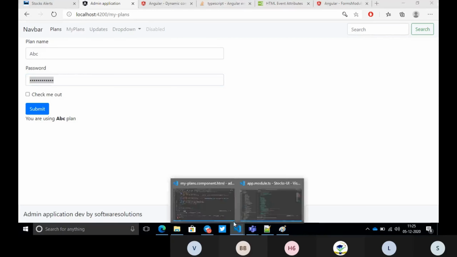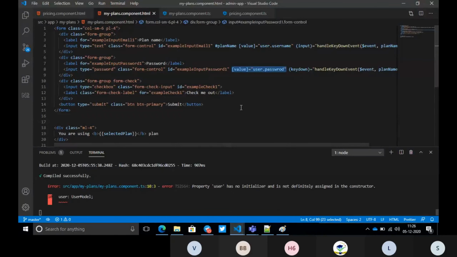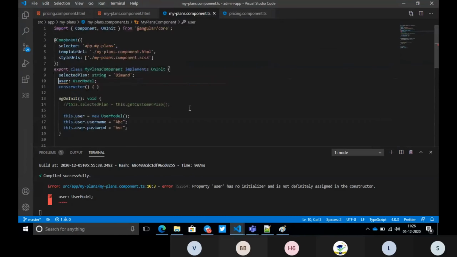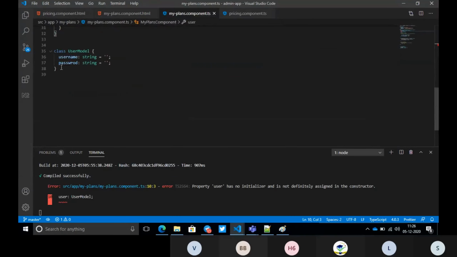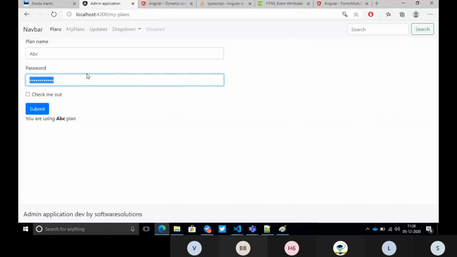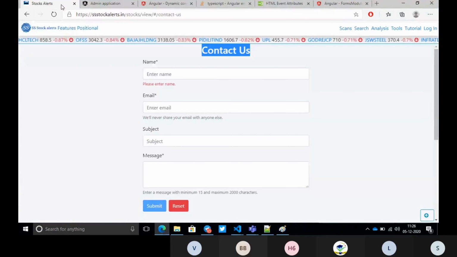Whenever you are writing any form, you have to define it like this. You have to define it for that object. First you need to create a class. The name can be anything, no need to name it user, but always give a meaningful class name. If I am handling user related stuff, just give user. If I am handling contact, give a contact model. Whatever the related model is, you give such related models.